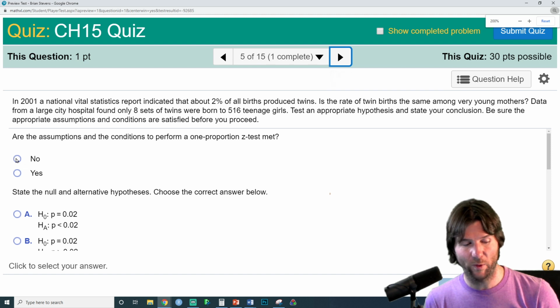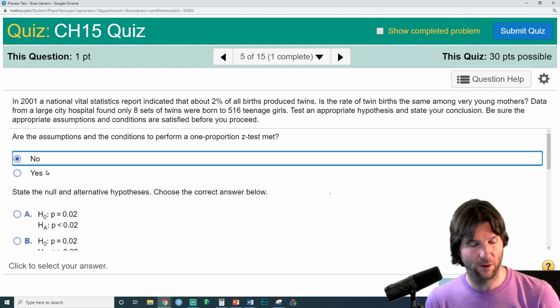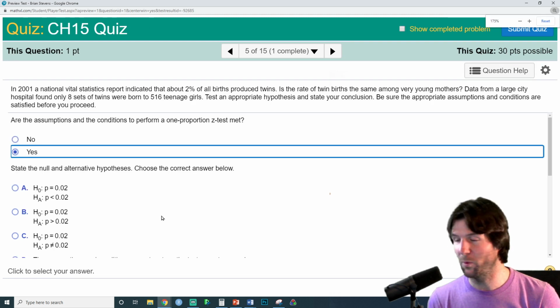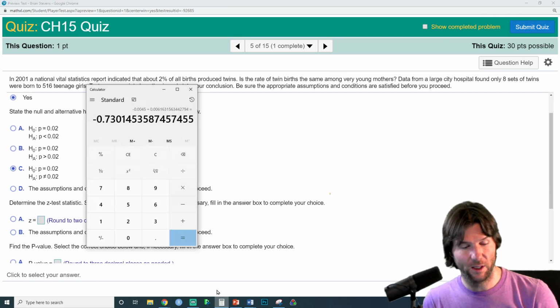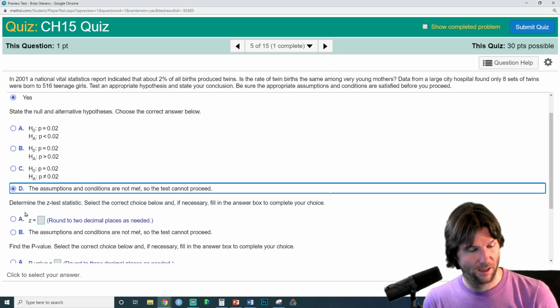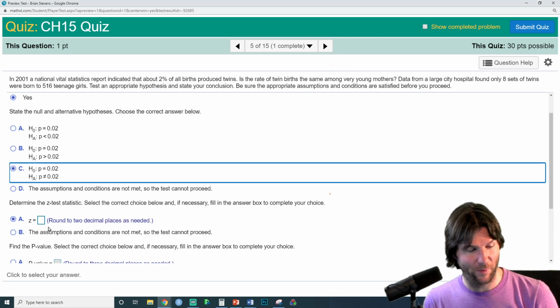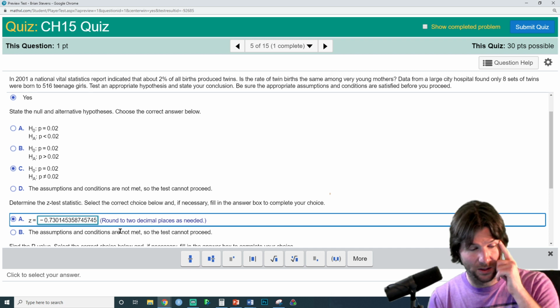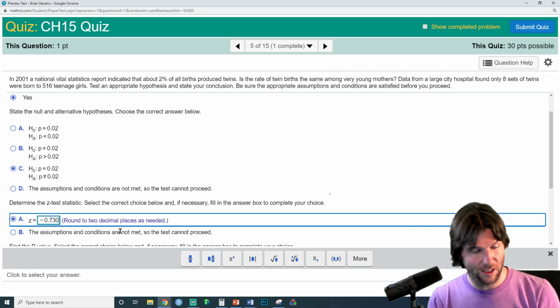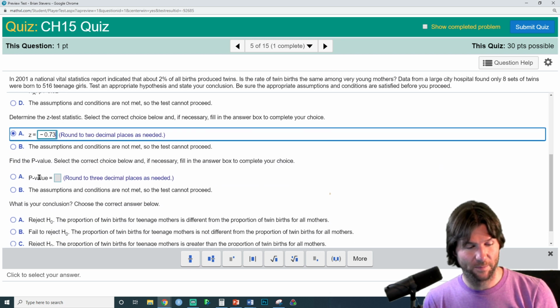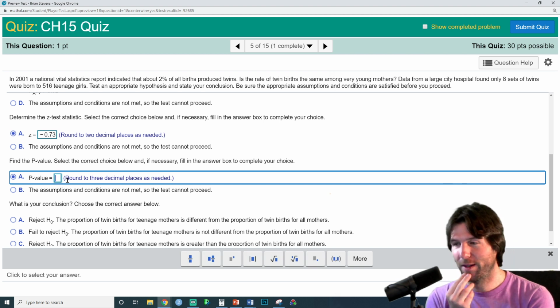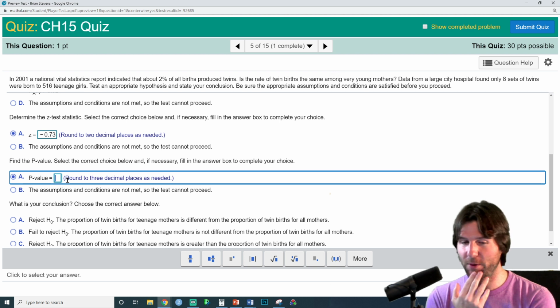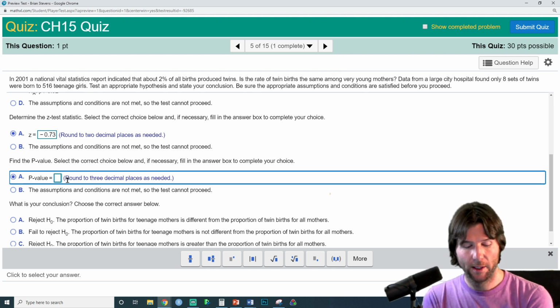Do we meet the conditions? Random, 10%, success, failure. We do meet them. Click the wrong button, it's a good way to lose points too. We're seeing if it has changed, so we're good there. We need to go grab our Z statistic. And look, that's where I made a mistake yesterday. I was clicking buttons. And we're going to put it down to 2 decimals. Now here's my redemption arc. The p-value here, it's a tough one. I didn't draw it graphically accurate. It's not going to look like the drawing exactly. But the p-value is probably close to about